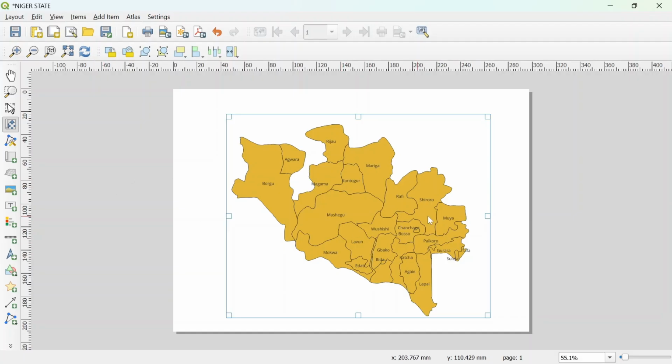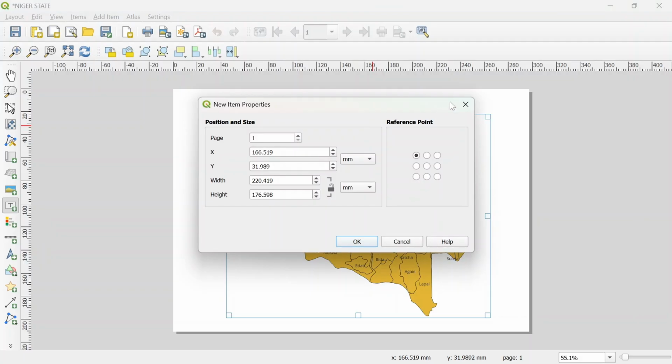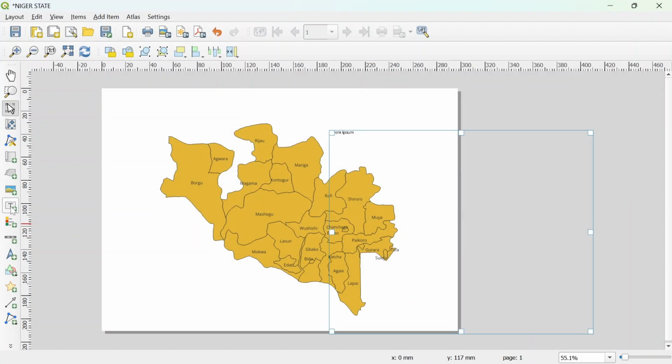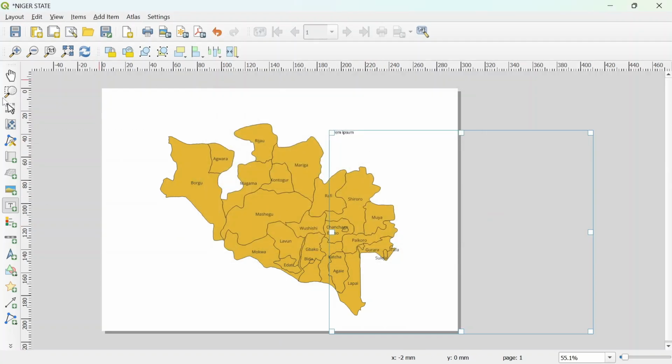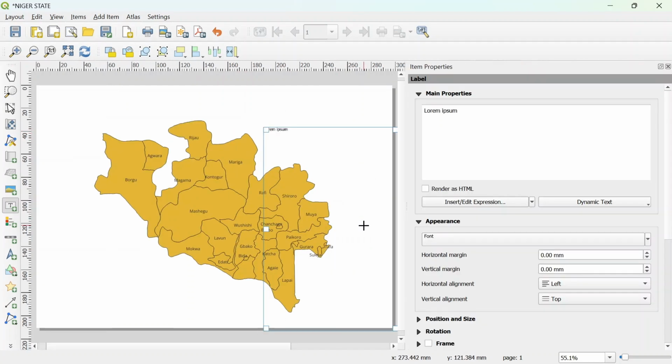Then the next thing you have to do is to add any of the features of the map to it. So you can add your title. You can click on OK, add title. Make sure you select the title. Yes, then add title. We have the title being added. Then you can right click on this to show item property. Then once you show the item property, you can type your name here, map of Niger State,